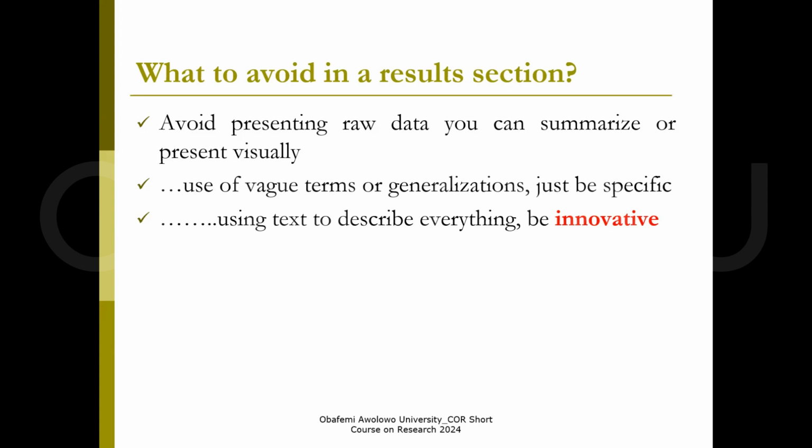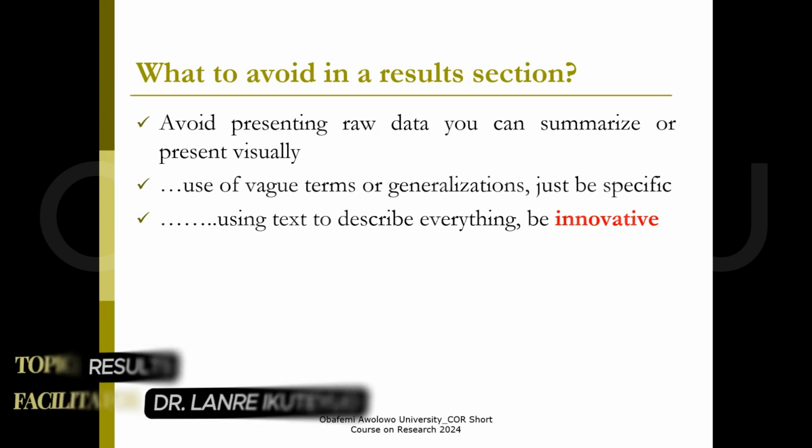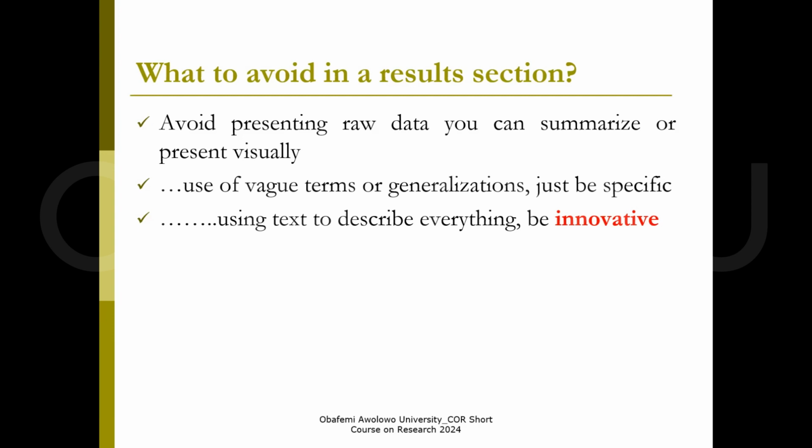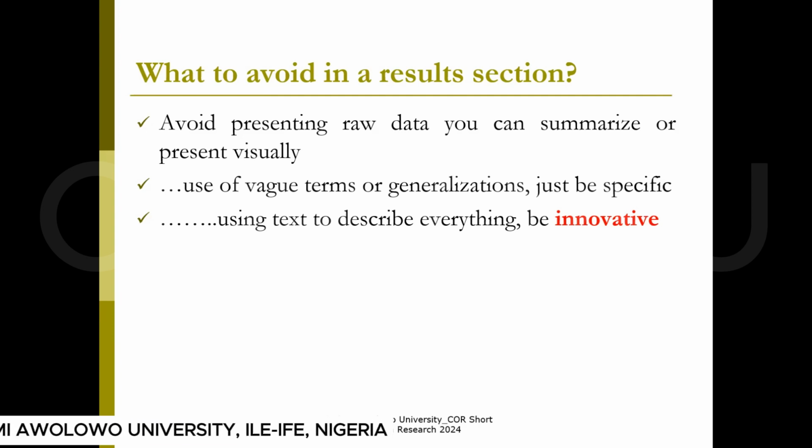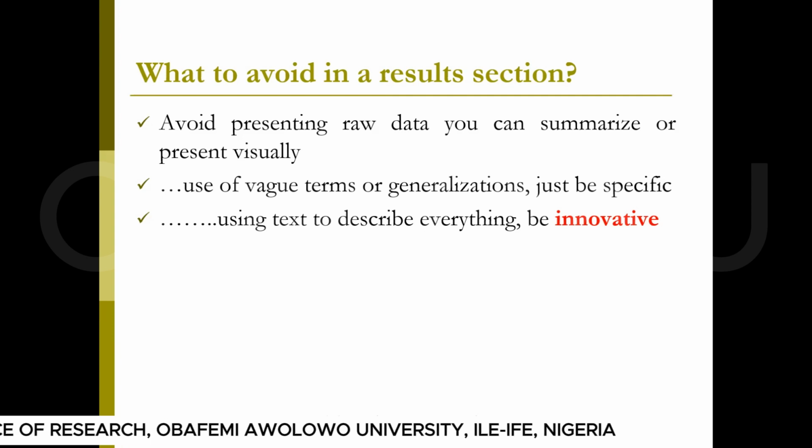Avoid the use of vague terminologies or generalizations. Specific, for example, somebody in social sciences or in political science who has gone to investigate political participation among migrants, and at the results section is still discussing using the term political participation. At this point, we want you to break down the indices, the indicators of these generic terms that we have gone to the field to investigate. At this point, we want to see the indicators of political participation.